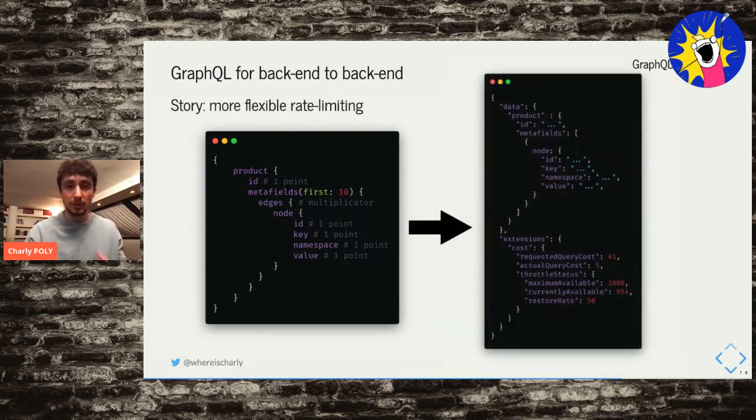So we do this query and we get this answer. So we get the data, of course, because it's still GraphQL. And here we have a product, and this product, in fact, had only 1 meta field. And besides data, we had this extension that provides some information about the current state of the throttling. And basically, what Shopify said is that the maximum cost of this query, the static cost, was 41, given the number of fields theoretically you could get. But in fact, there was only 1 meta field, so the cost was 4 properties of the meta field plus 1 for the product, so 5. So this query actually costs really 5 points. And by the way, this is your throttling status right now.